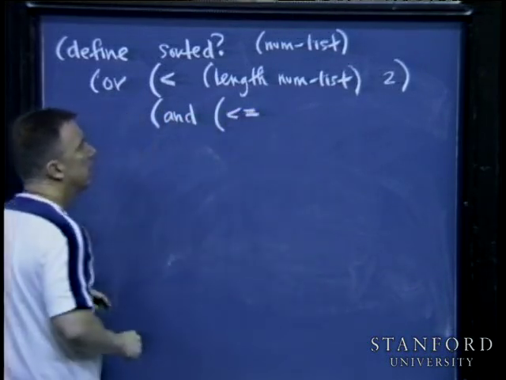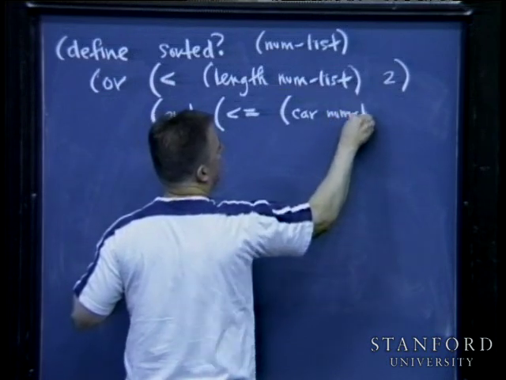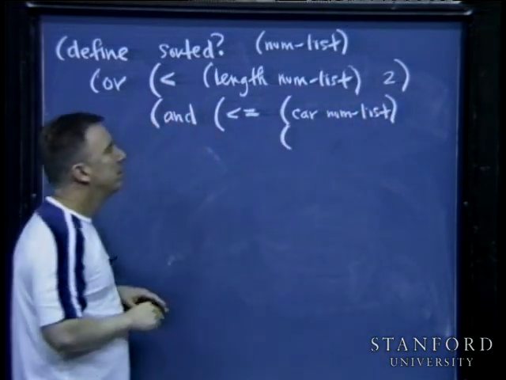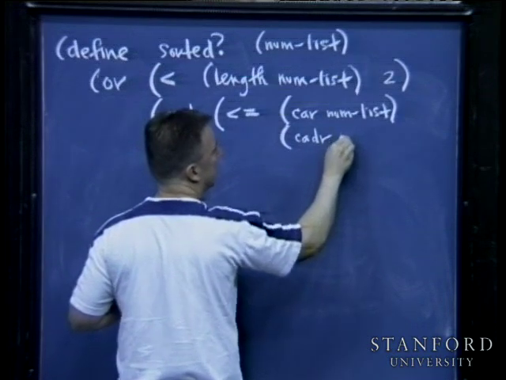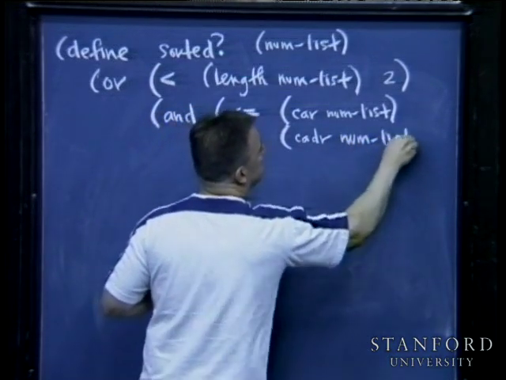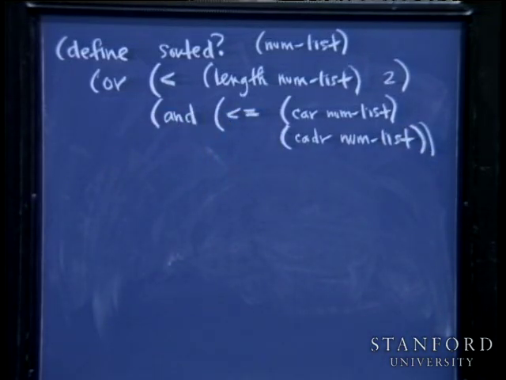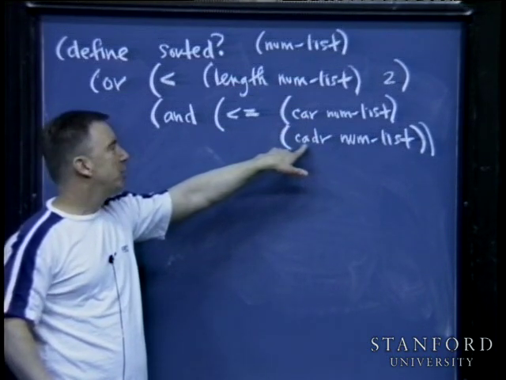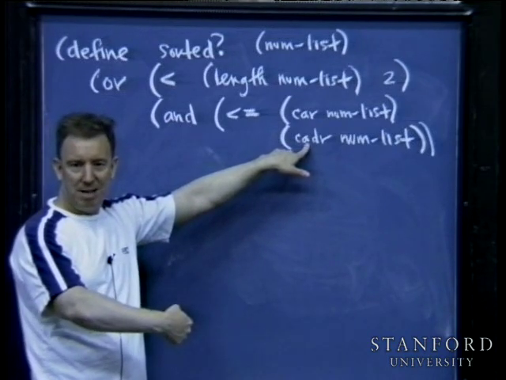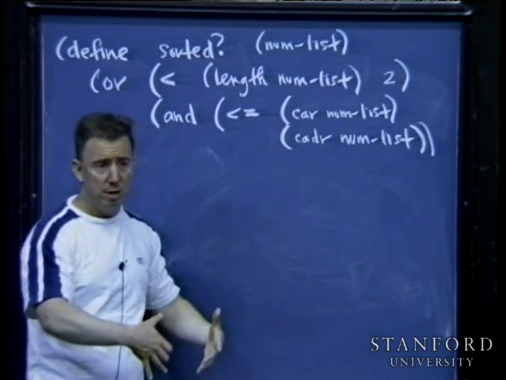and I want to do this, less than or equal to of car of num list, and I don't want to do this. I'm not inventing. I'm actually using another function that's built in. It's kind of funny that it exists. Now you have no idea what CADR is, but you kind of have an idea as to what it's probably getting at. This right here is obviously supposed to be the first element. When you see something like CADR, you're supposed to pretend that this is really two words nested, or cascaded, that it's supposed to be the car of the cooter. Does that make sense? If you wanted to put car of the cooter with extra nesting calls, you could do it. But